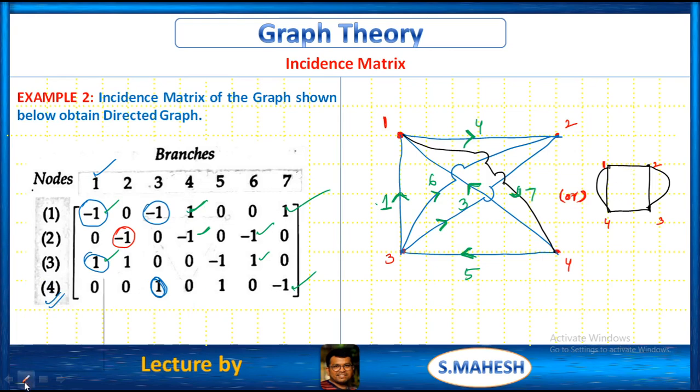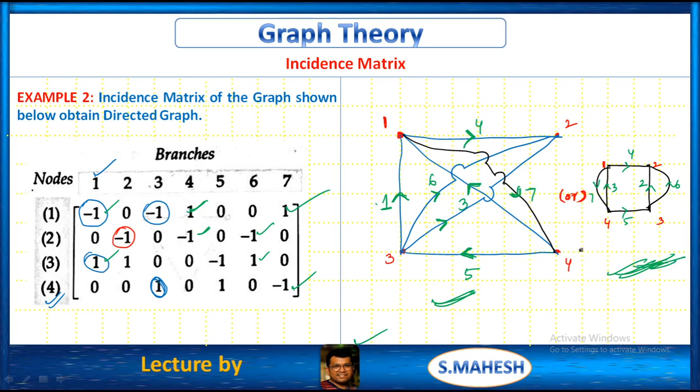Let us say 4, 2, 6, 5, 7, 3. So like this also we will get the graph. There is no problem in that. This is correct. This is also 100% correct. There is no particular orientation to get that graph. We can get n number of combinations. Just cross check this graph with that incidence matrix. That is homework for you.